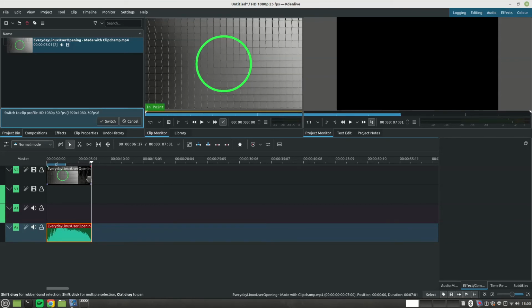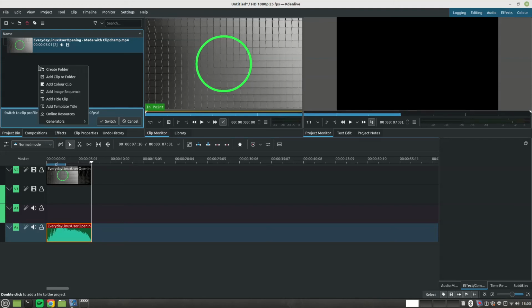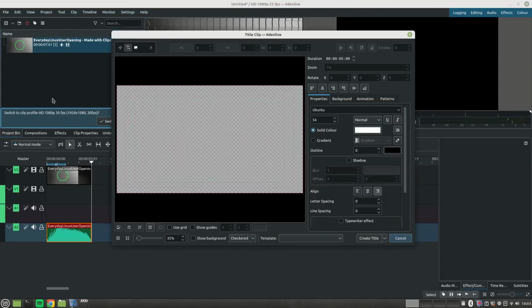And then for my title, as you saw in Shotcut, I used a graphics editing program, GIMP, to create my title. But in Kdenlive, you can just add in a title clip. So all I need to do is add that. And then I can drag that into the center,